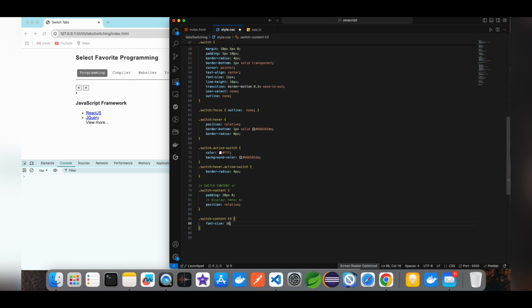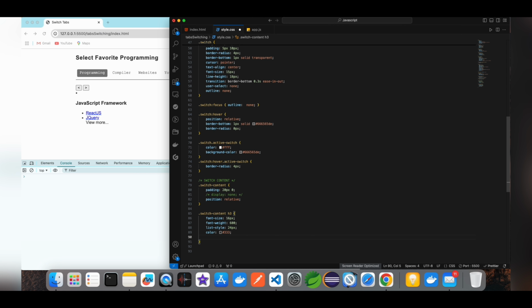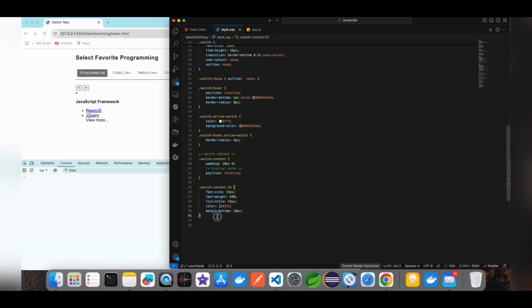Now the h3: font size 16 pixels, font weight 600, and line height 24 pixels. I mistakenly wrote list style. Margin bottom is 10 pixels,